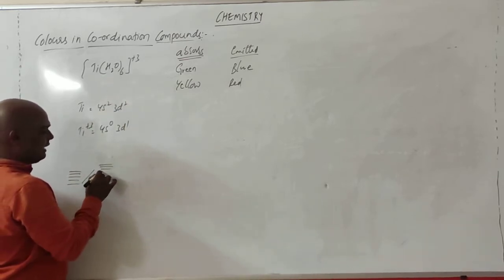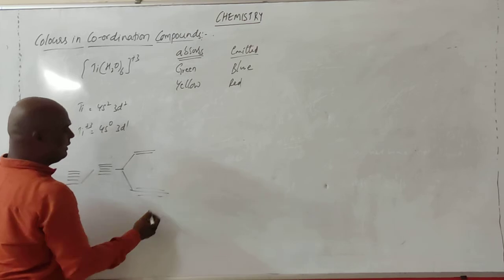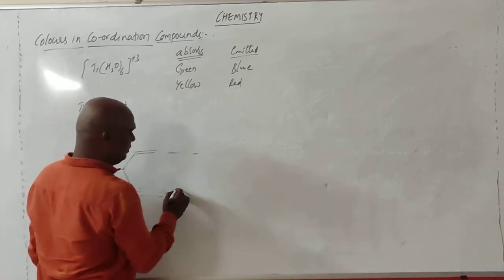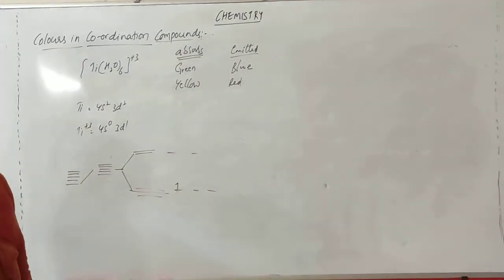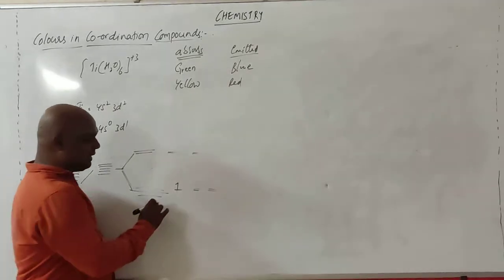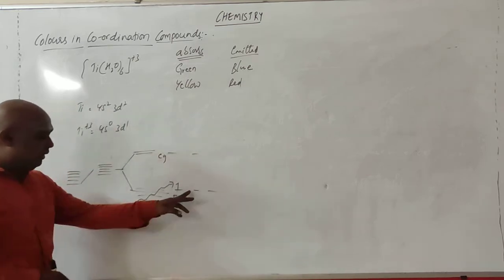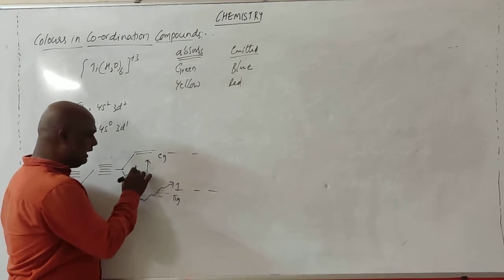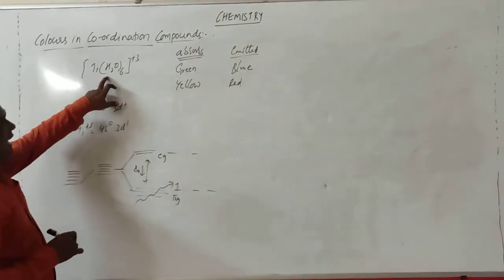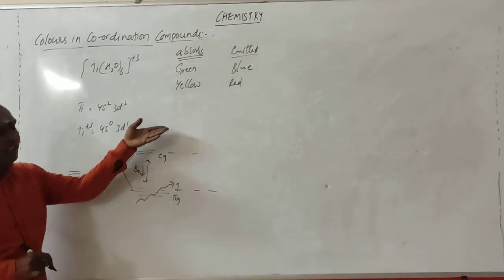It gets excited in the presence of ligand. Again it gets promoted into eg and this one is t2g. So I will write this t2g, eg. How many electrons are there? 1. What happens? This 1 electron, whatever is present in the t2g orbital, it absorbs. The electron absorbs the light. See, the difference between these two is delta naught. It is very less. Why is it very less? Because the ligand is very weak. Okay, the ligand here is very weak, so that it can absorb the light and it can get shifted into this one.